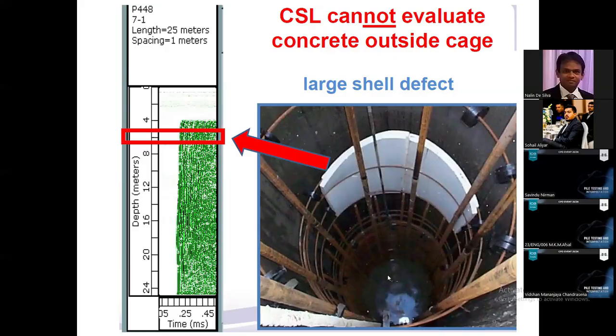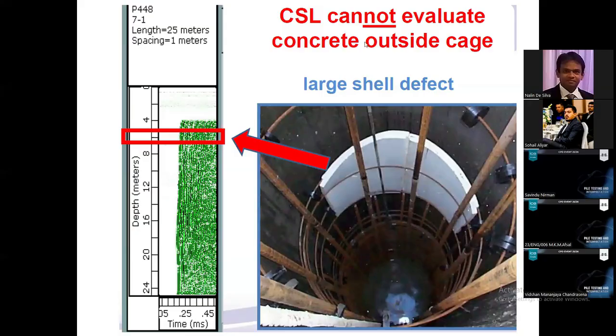These are the cross-hole sonic logging tubes fixed to the rebar cage, and they have artificially created a defect outside the rebar cage using this foam, rigifoam material, right? And the pile is concreted, so there is a defect outside the cage. And the cross-hole sonic logging test is conducted, but it cannot detect the defect, right? According to the test, this is a defect-free pile, but actually there is a defect outside the cage,